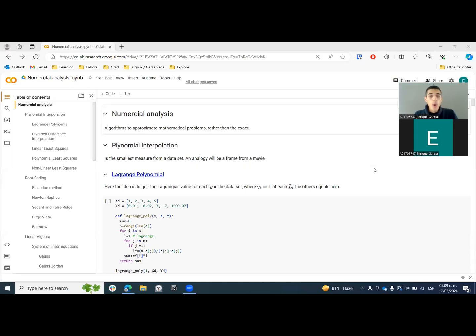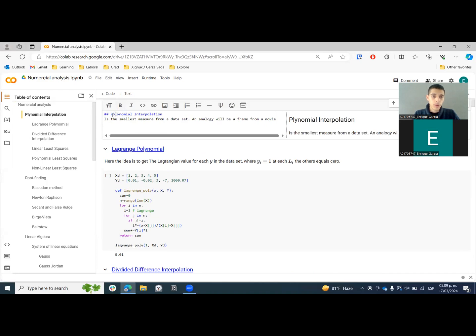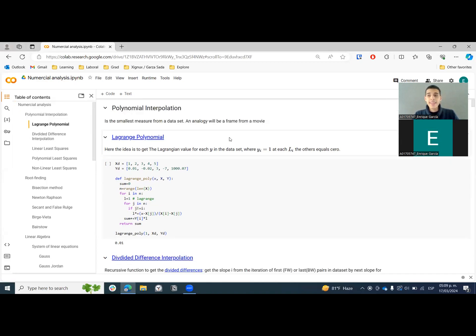Now, what is polynomial interpolation? Imagine that you have a data set with a lot of points, a bunch of points, and you want to make a prediction from it. So what you want to do is create a function, in this case a polynomial function, with a certain amount of